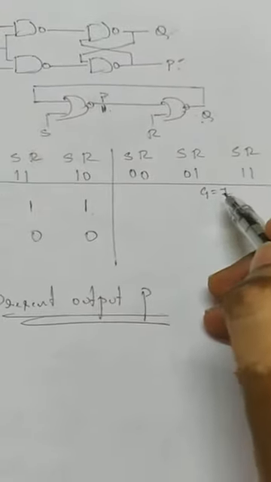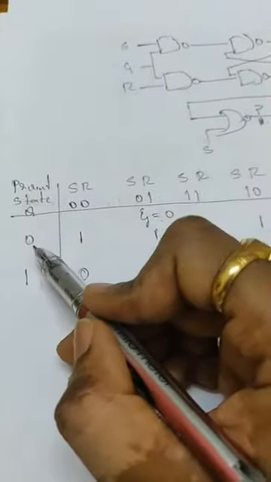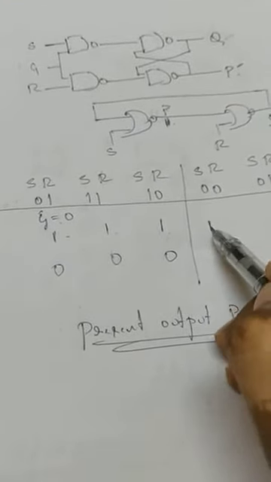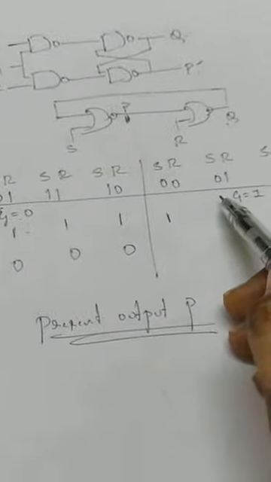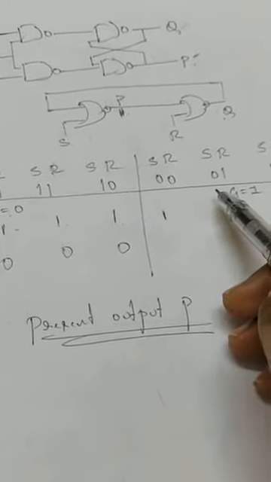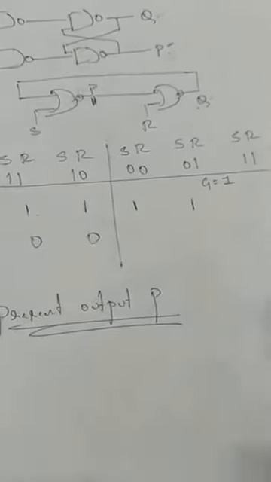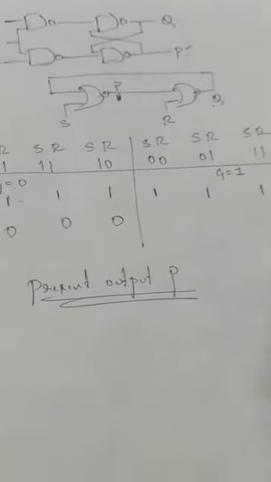When G is equal to 1, the operation is going to be performed. You need to remember Q is equal to 0, and 0 0 means it retains its previous state. What is the previous state? The previous state is 0. If it retains its previous state 0, Q is equal to 0 means P will be 1. For SR, R is 1, reset state. If the previous state is reset, it is going to reset to 0. So Q is equal to 0 means P will be 1. So you remember this.